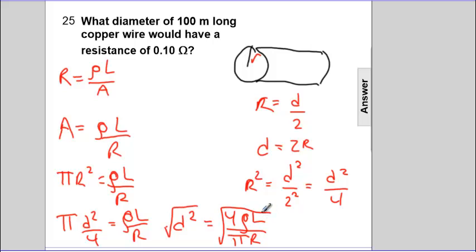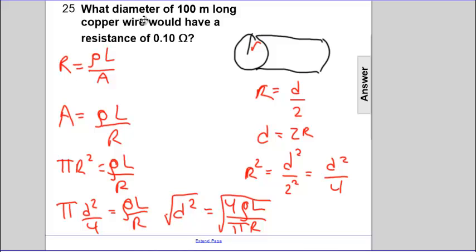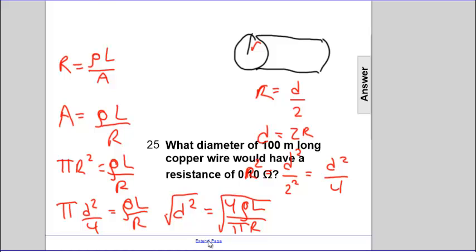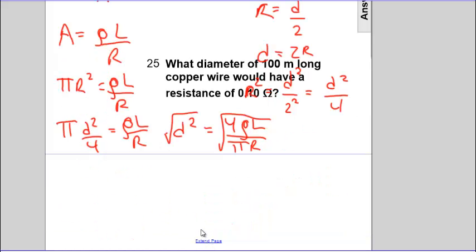So that's kind of messy. I'm going to erase to give us a little room, no, I'm not going to erase, I take that back. We're just going to slide down. We'll end up with a little more room. I'm going to move this down so we can refer to it as we problem solve, and we'll solve for the diameter. I'll rewrite one more time. Diameter is the square root of 4 times the resistivity times the length divided by pi times R,